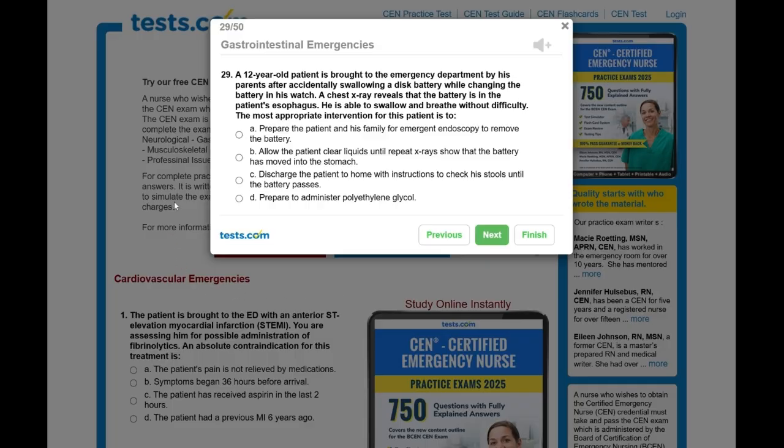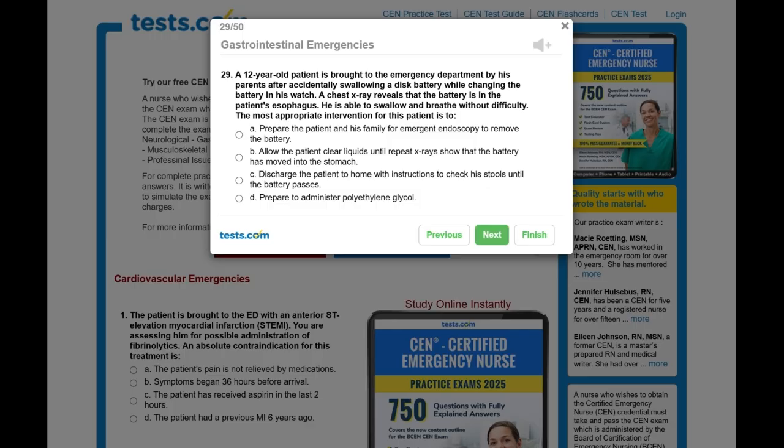Question 29. A 12-year-old patient is brought to the emergency department by his parents after accidentally swallowing a disc battery while changing the battery in his watch. A chest X-ray reveals that the battery is in the patient's esophagus. He is able to swallow and breathe without difficulty. The most appropriate intervention for this patient is to